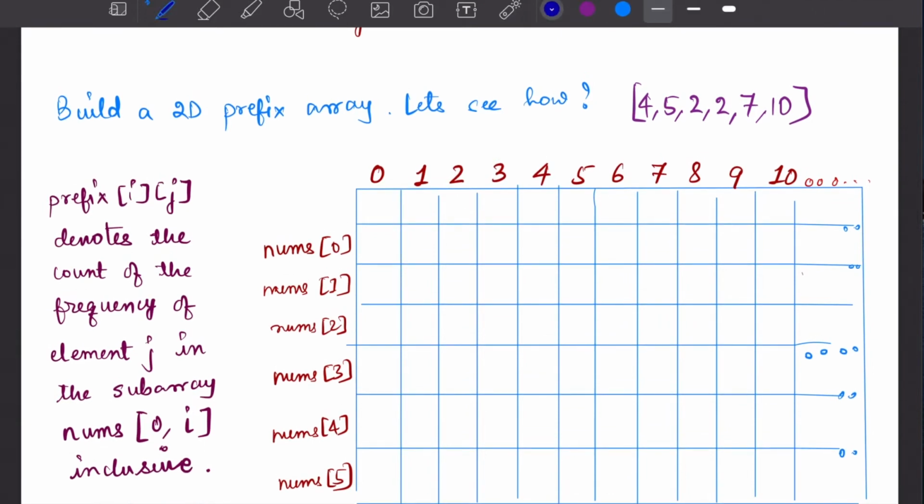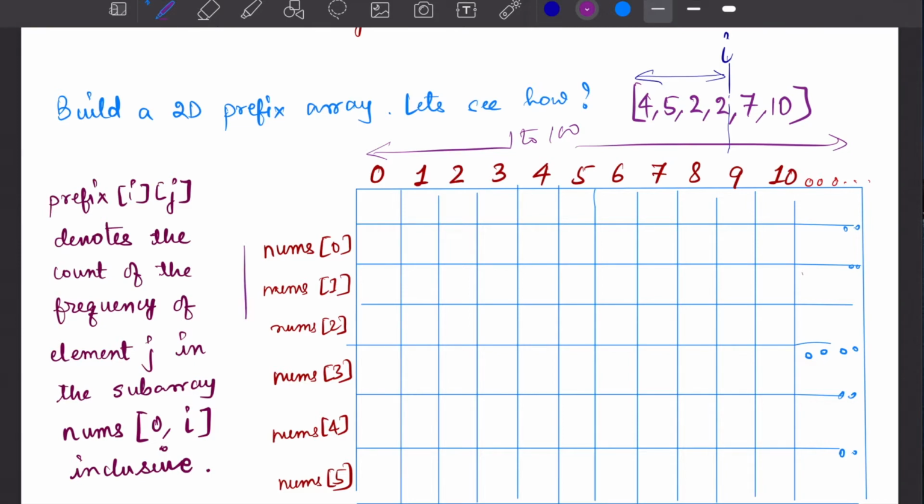So what I want first is, for a particular index I, let's say this index I, I want to know what all elements have come before it in one go. Can I do that? Yes, let's see how. So I build a 2D array and I store two things. Firstly, my columns are my range of values. My range of values can go from 1 to 100. So I have only shown till 10. I have not plotted the other values. You can always, for consistency, check for yourselves, but yeah, that's my limit. I have taken till 10.